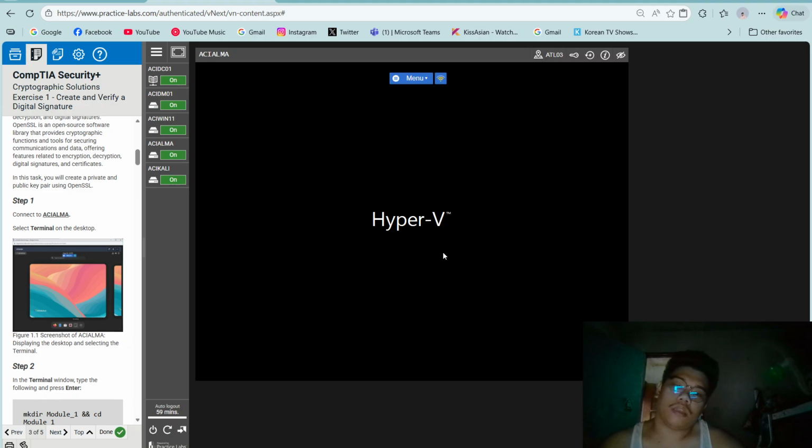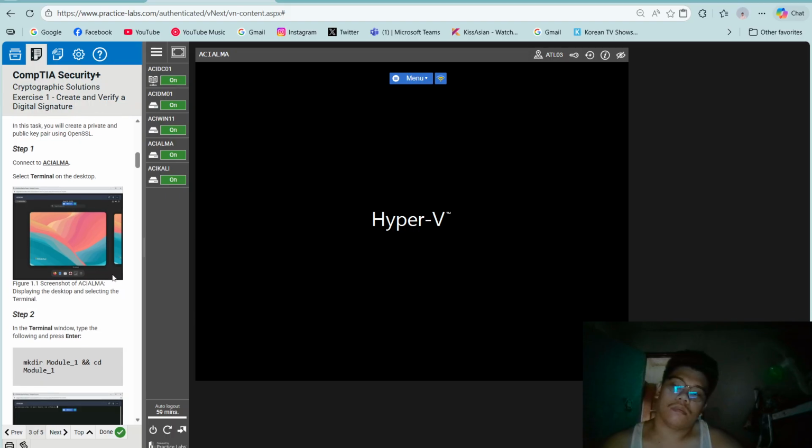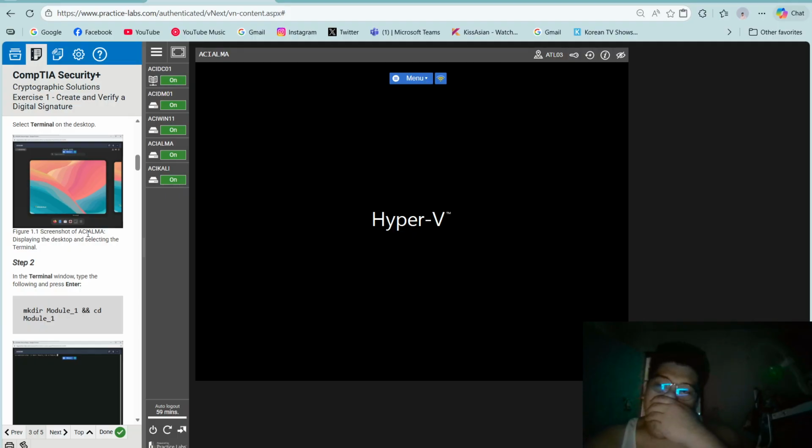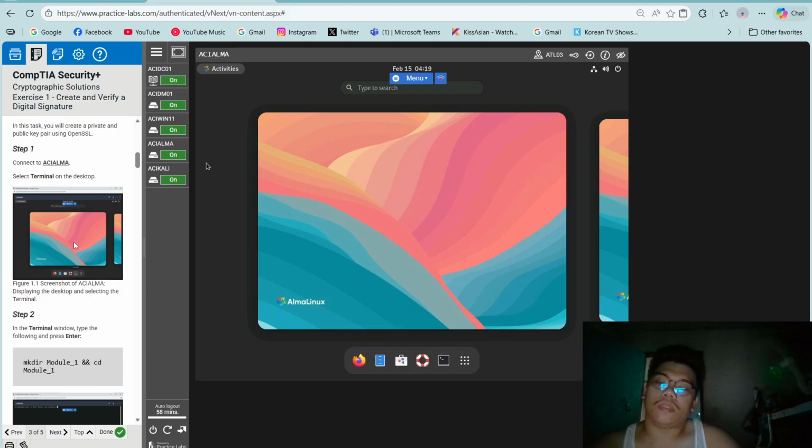It's already connecting. So step 1, select terminal on the desktop.